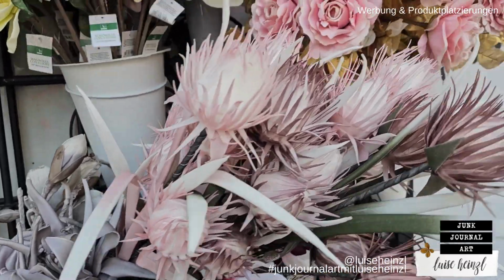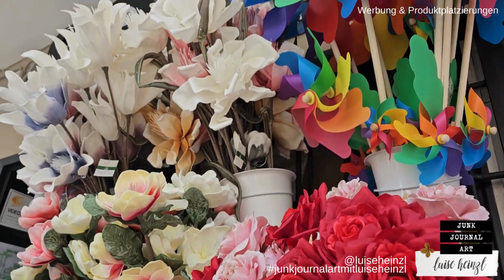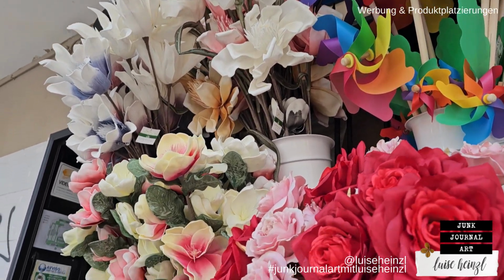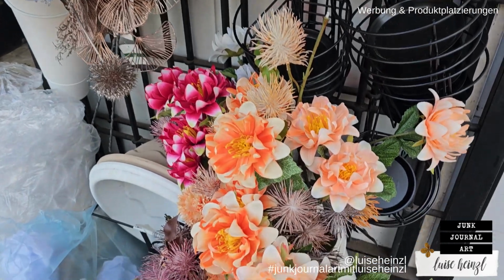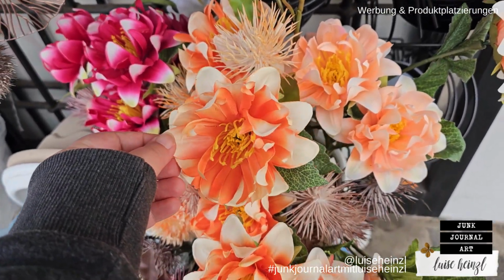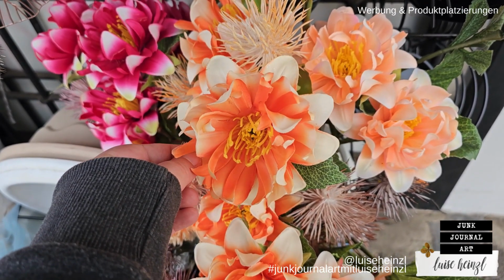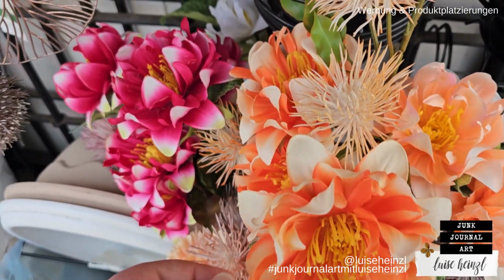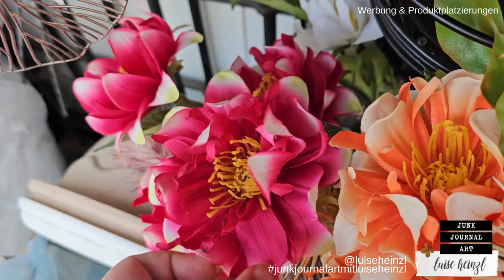And if you need really big and strange flowers, you could also get them here. In the camera they look even better than in reality. This is totally strange material. Like, it feels a little bit like a mixture of plastic and fabric. But,